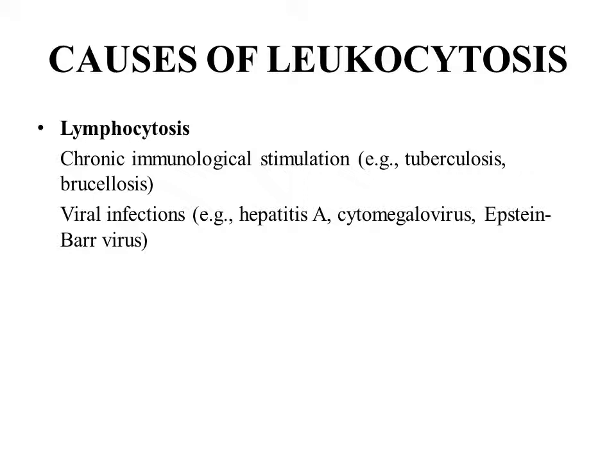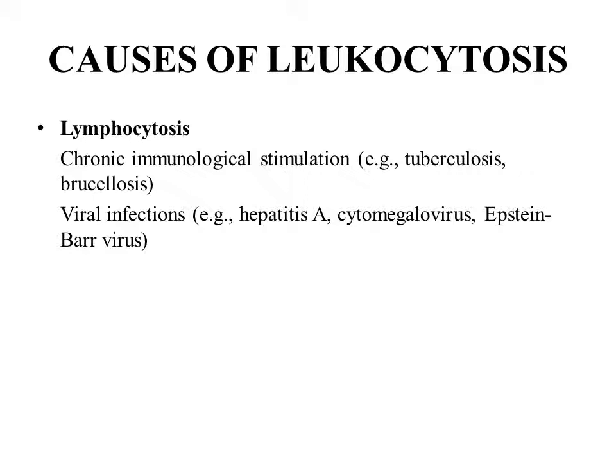Similarly, for lymphocytes, when the lymphocyte count is high, we call this lymphocytosis. The causes may be chronic immunological stimulation like in tuberculosis, brucellosis, and any chronic infection. We can see a high lymphocyte count. Viral infections like hepatitis A, cytomegalovirus, EB virus, especially in our sector, Pakistan, hepatitis B and C. These are the most common causes of